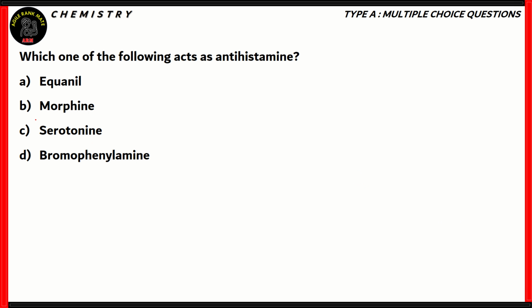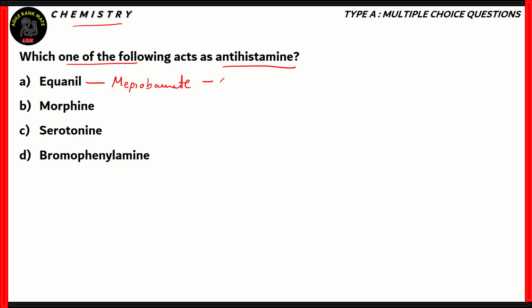Now let's look at some questions from chemistry. Which one of the following acts as an antihistamine? Is it equinol, morphine, serotonin, or bromophenylamine? So, let's look at the properties of each of the options. Starting from A, equinol. Equinol is classified as a meprobamate,